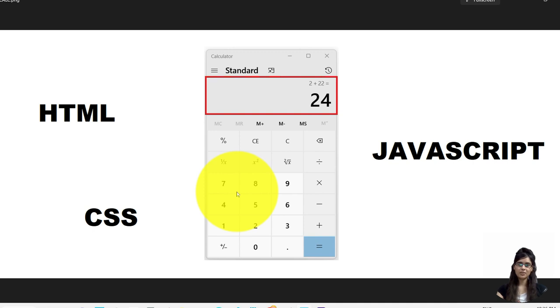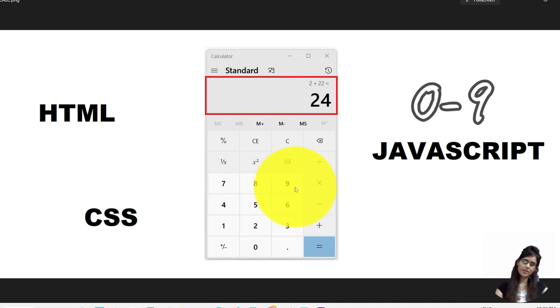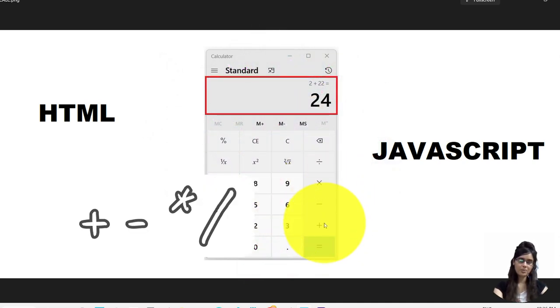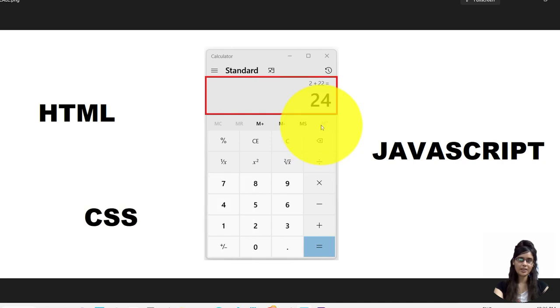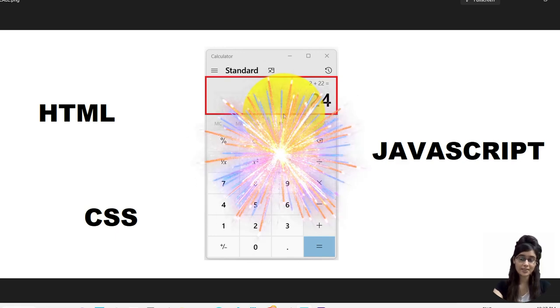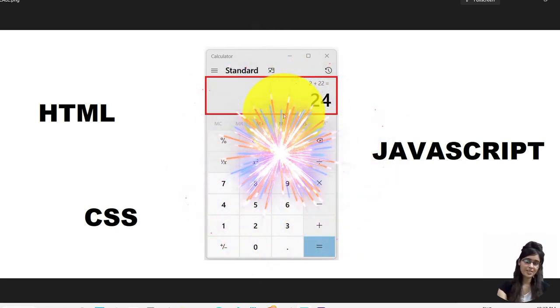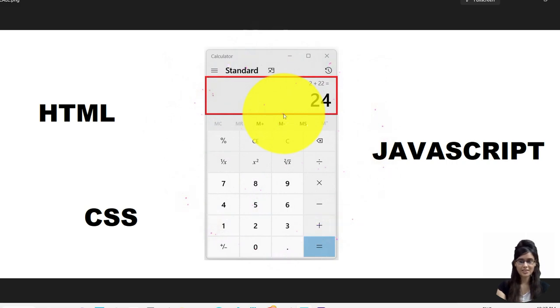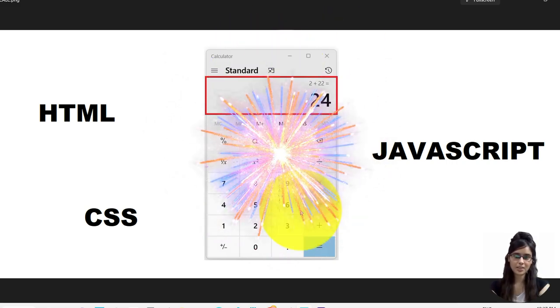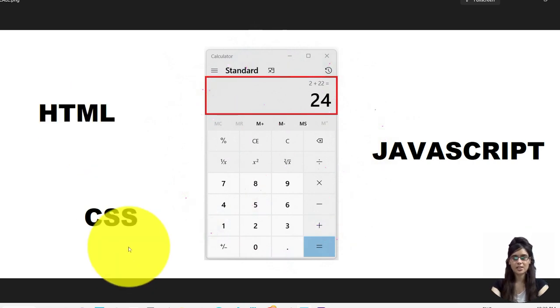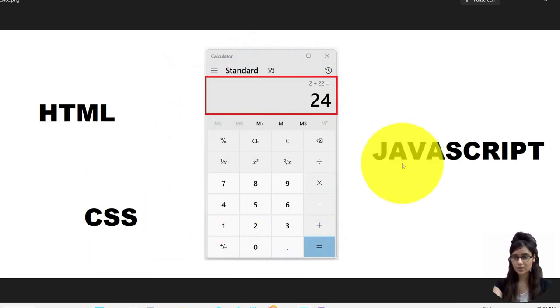So for the calculator, our requirement is we need digits from 0 to 9 and arithmetic operators, as you can see here, plus, minus, multiply, division, and we need one equal to operator to display the output, clear button to erase the input, and then one box to display the output. Now step by step we will create this calculator using HTML, CSS and JavaScript. Again I'm repeating, for this layout we are using HTML, CSS and we are using the JavaScript for the arithmetic operations.